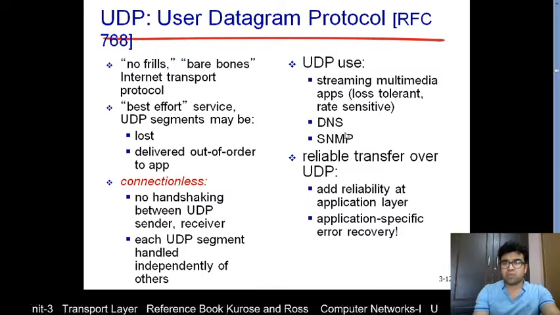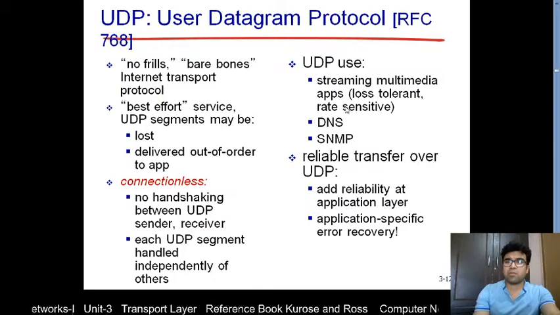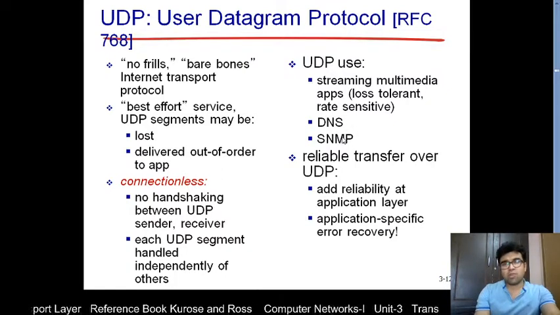We have studied many protocols in the application layer, but one of them was DNS, which uses UDP as its transportation service. So we can take the example of DNS. DNS is a protocol used for getting the IP address from a DNS server. DNS generates a query at the client side at the application layer, and when that query comes down to the transport layer,